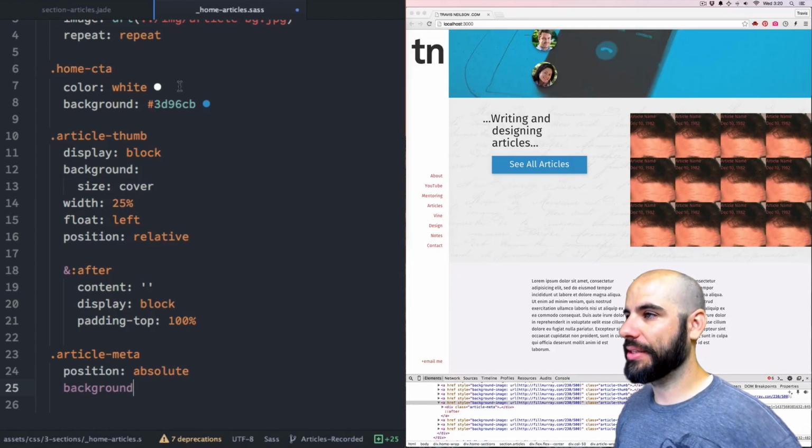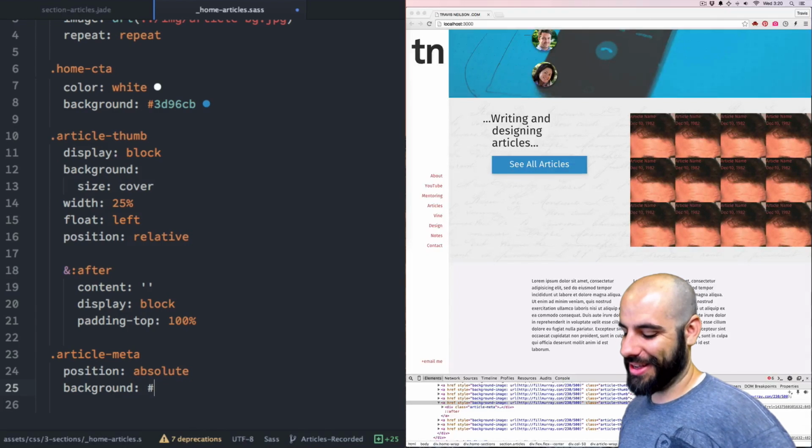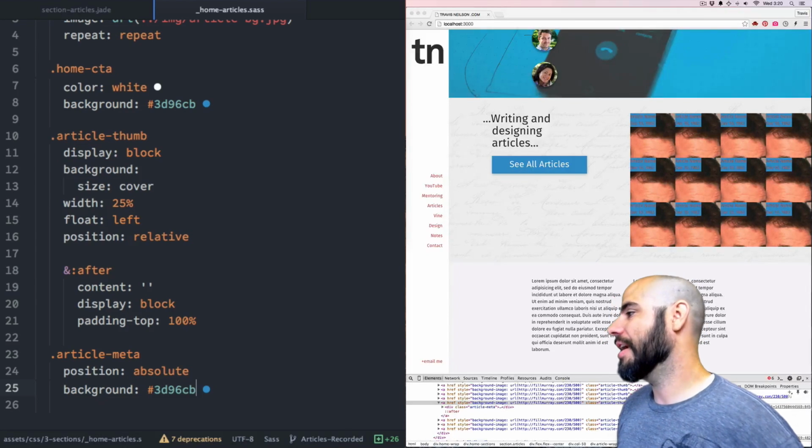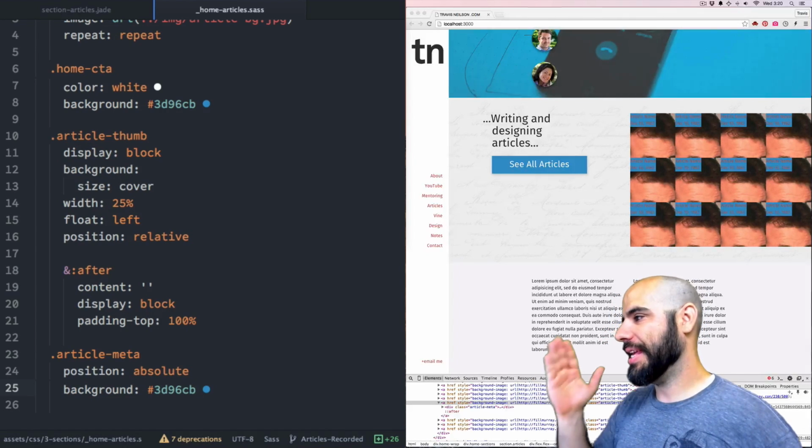Actually, let's make the background the same color here. I was going to make it pink. You guys know how I like background pink. Okay. Now we can see that the